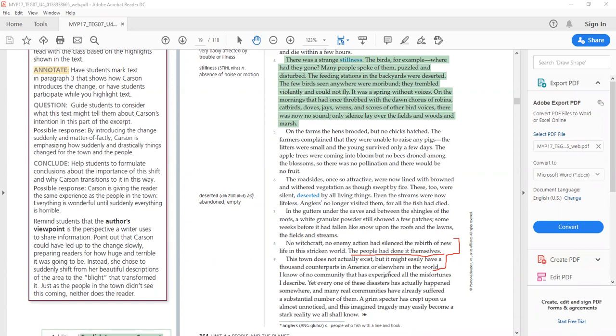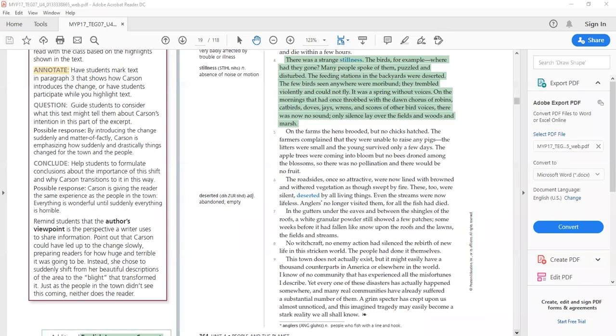Yet every one of these disasters has actually happened somewhere, and many real communities have already suffered a substantial number of them. Substantial means many of these things. A grim specter has crept upon us almost unnoticed, and this imagined tragedy may easily become a stark reality we all shall know. So the writer here and the author is also warning mankind to take care of the planet.